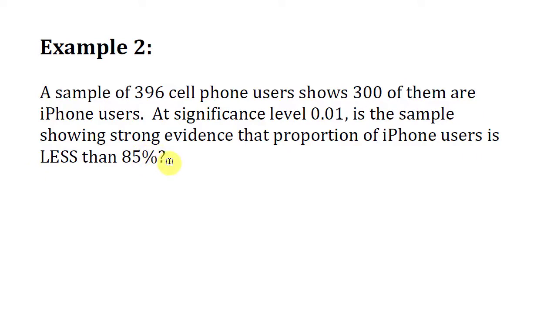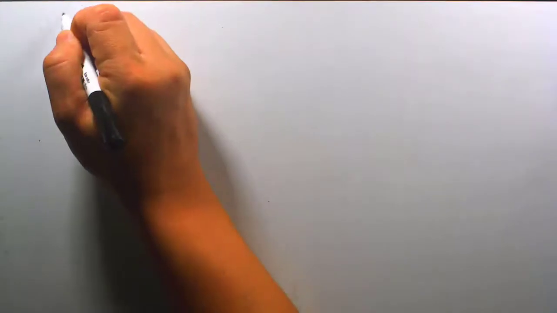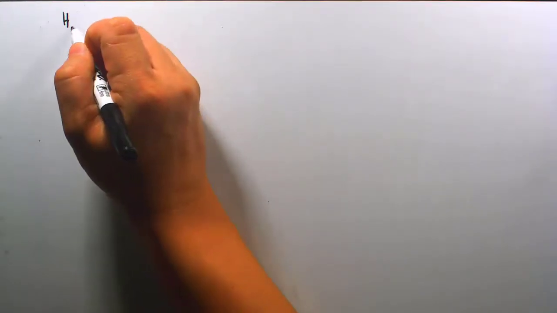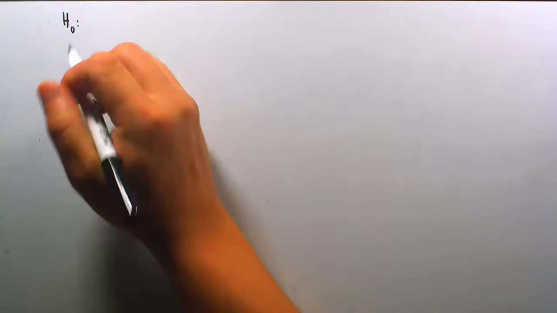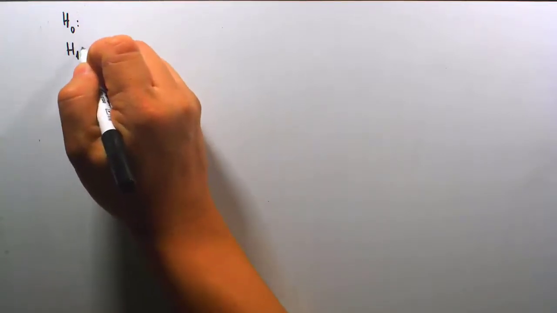So after reading the description of our problem in example 2, once again, this problem we're doing is a testing hypothesis problem about the proportion of iPhone users. So first responsibility is once again to identify our hypothesis H sub 0, the null hypothesis, and H sub 1, the alternative hypothesis. Again, as a quick scratch work,